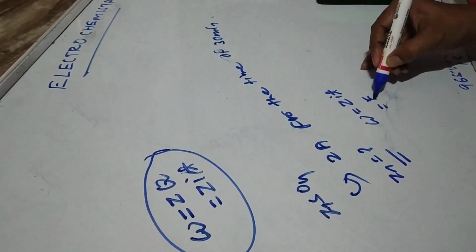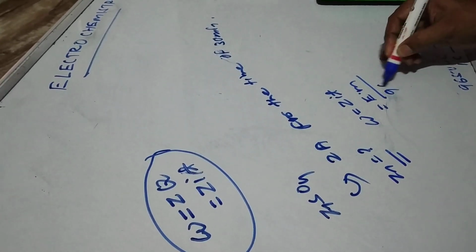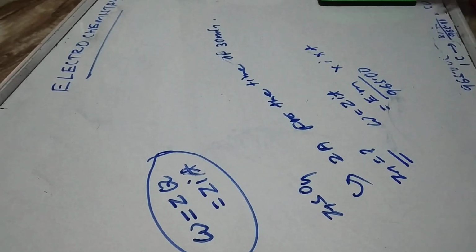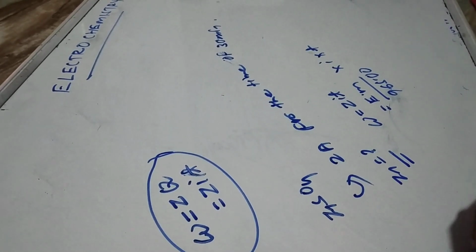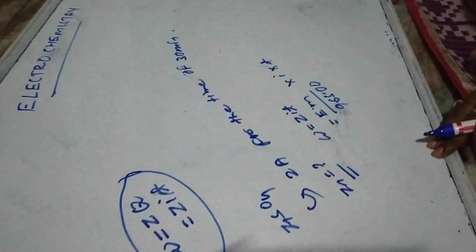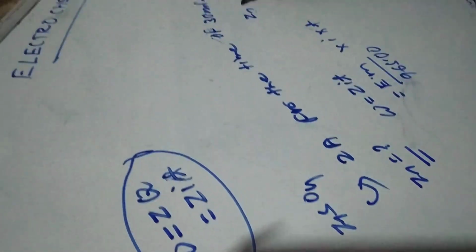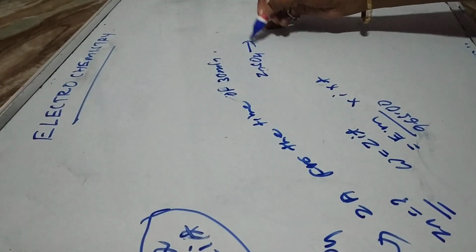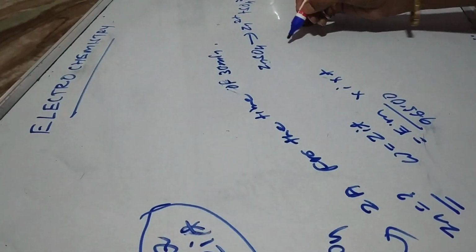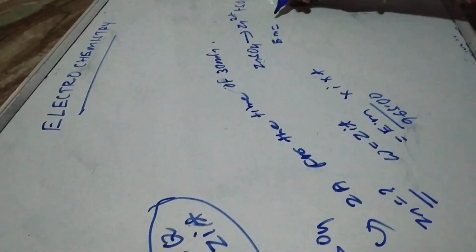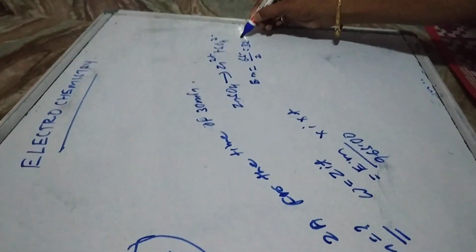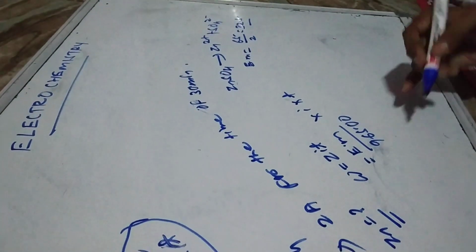And what is the formula of Z I told? That is the equivalent mass by 96500, into I into T. So here I want to find out the amount of zinc deposited, so I will calculate the equivalent mass of zinc. In zinc sulfate solution, if I ionize it, it gives Zn2+ and SO4 2-. So what will be the equivalent mass of zinc? The atomic mass of zinc is 65 by valency 2, so that is your 32.5. So the equivalent mass of zinc is 32.5.